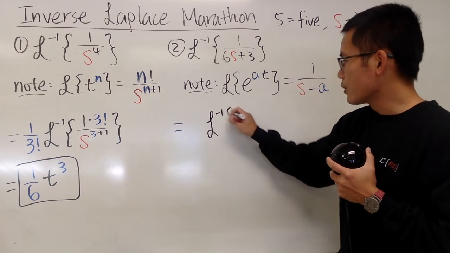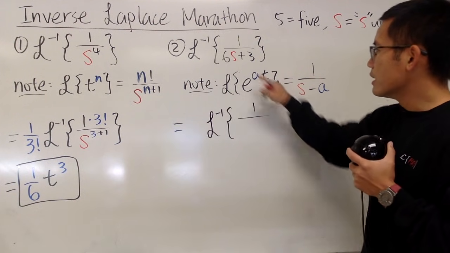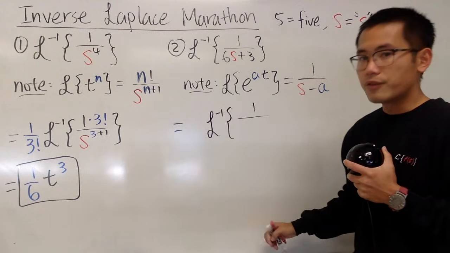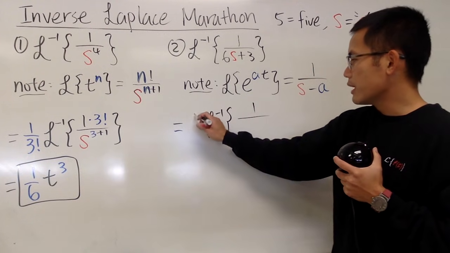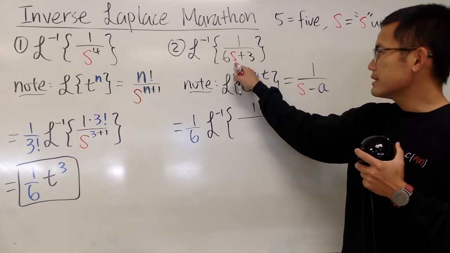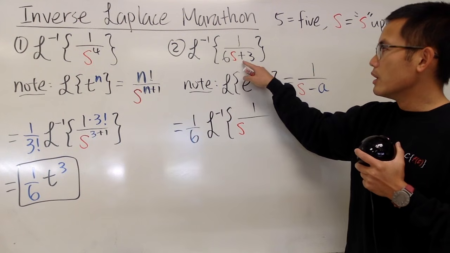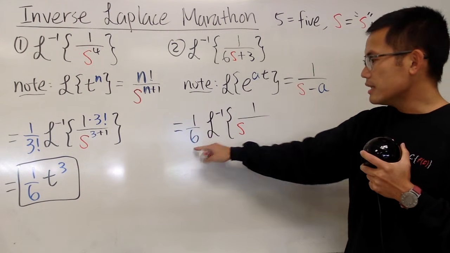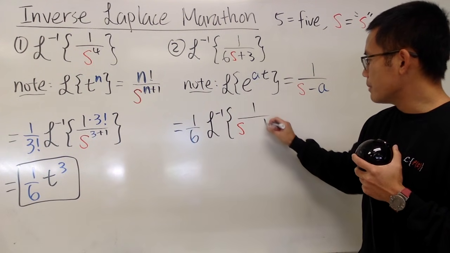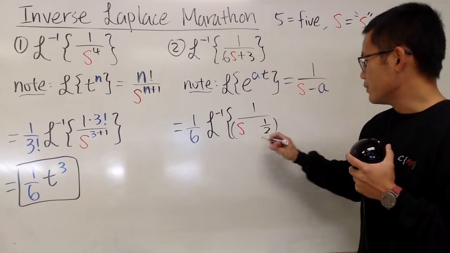This is the original question, the inverse Laplace. 1 is still on the top over this 6, which I had to factor out to the front. So let me just put down 1 over 6. And then 6 as earlier, now it will just be s right here. But here, it was a 3, but we factor out the 6, so it becomes 1/2. So remember that. All right, so technically you should put parentheses like this if you want to make it super